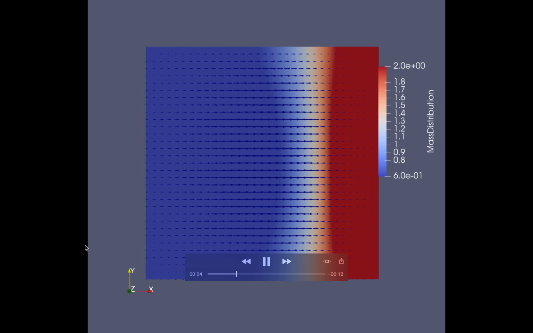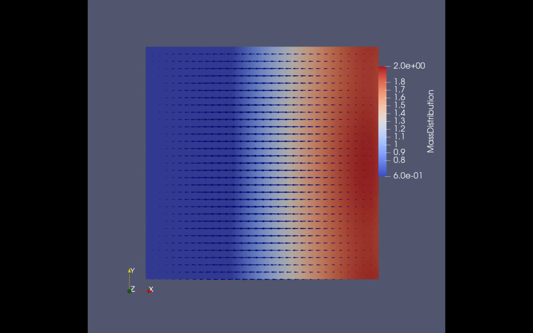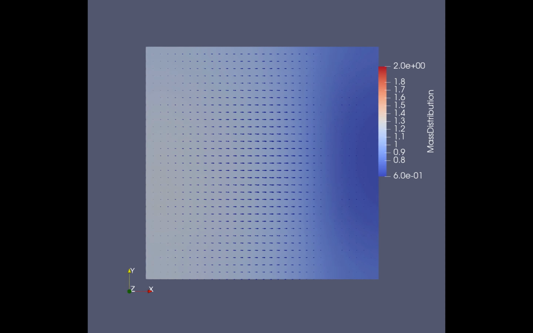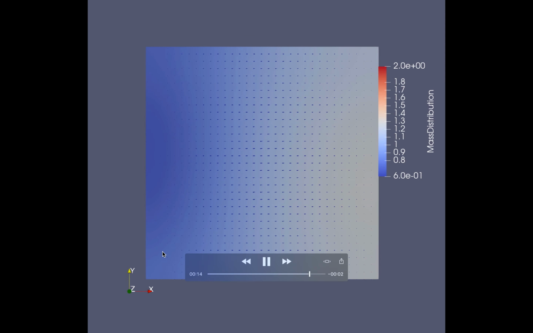So what you see here is an initial condition where we have the mass density, which is this color map, which we start out with just some constant density in our domain. And as I play the simulation, you're going to see arrows, which represent the expected velocity. And what we have is just a constant forcing to the right, which pushes the mass toward the right. And then as you build up this gradient, it creates a force that pushes the mass back to the left, and you create this fluid-like sloshing effect, which is what we expect for this simulation.